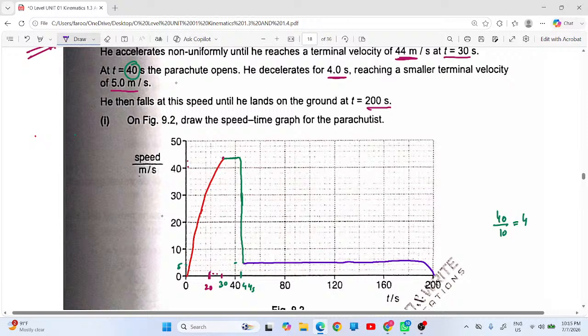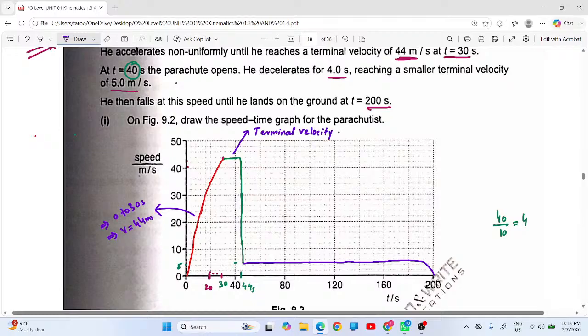Constant speed this way. So this means here you have to show from 0 to 30 seconds, and the initial speed is and speed reaches up to 44 meter per second. This is the terminal velocity